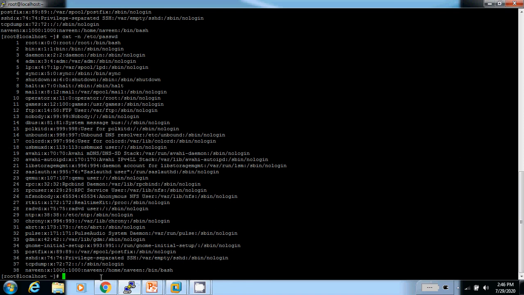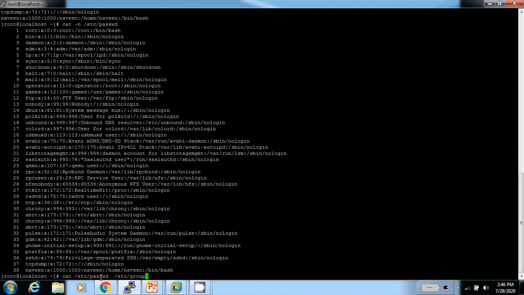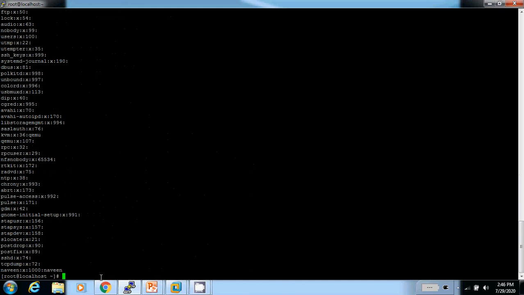Through the cat command we can read two files at the same time. cat /etc/passwd, cat /etc/group. Here is the output.